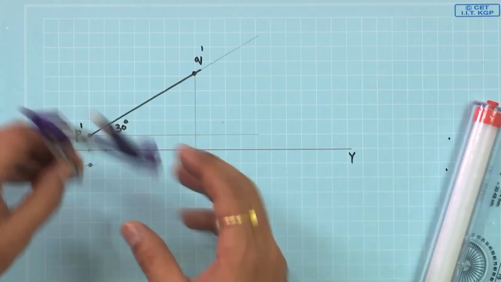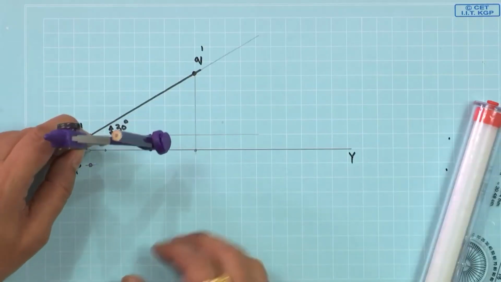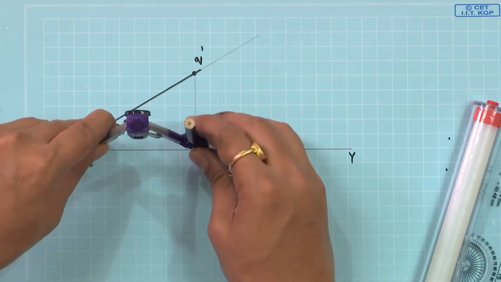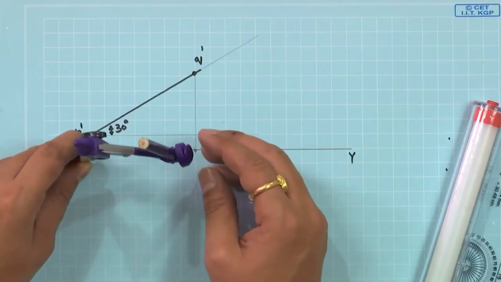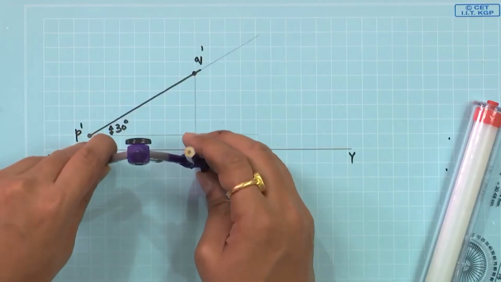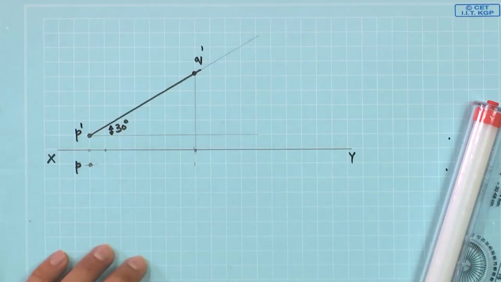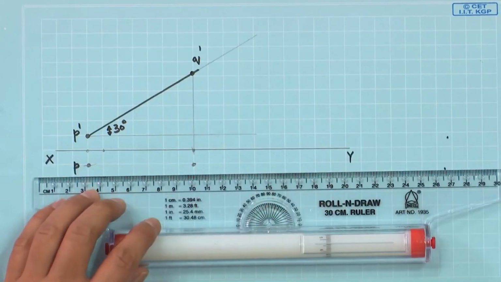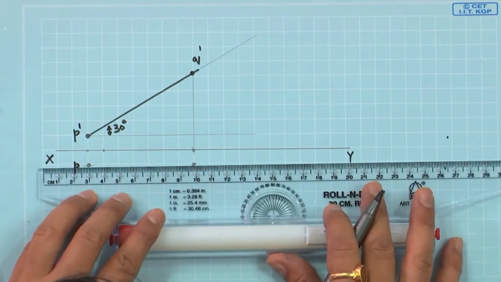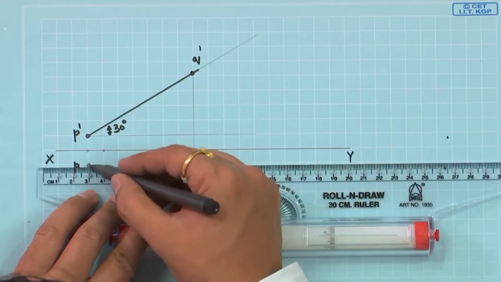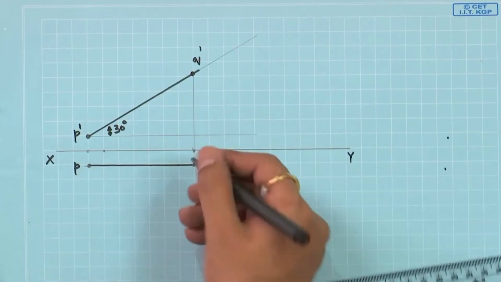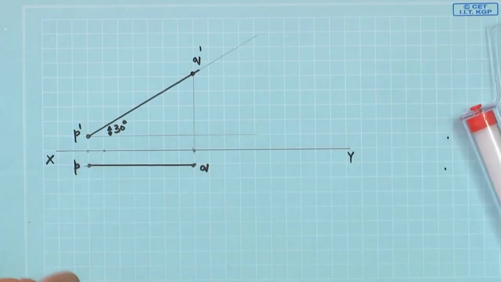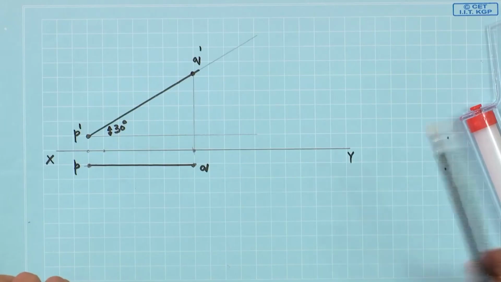So, transfer this length from here. When we are projecting, that point will be Q. Join these lines P. Then make markings